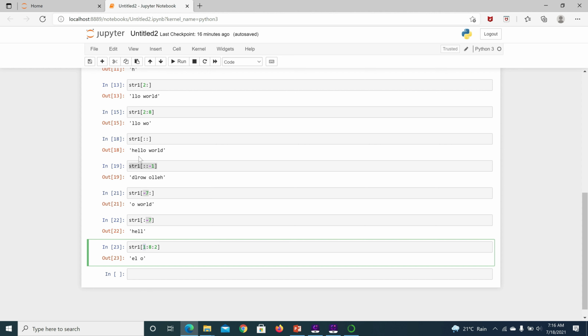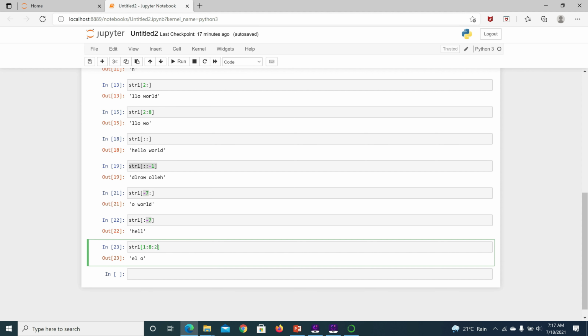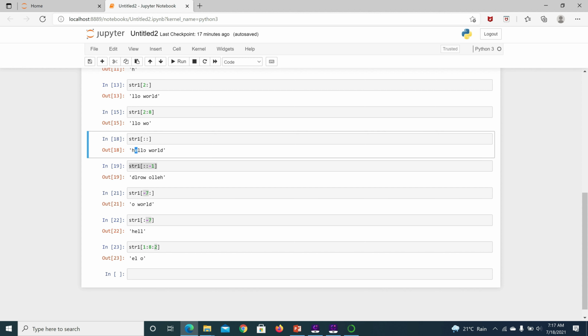Starting point is 1, so index position is 1. And in this index position, that is 0, 1, 2, 3, 4, 5, 6, 7, 8. And step count is 2. Because of that, it is printing E, afterwards EL, then after space it is capturing O.